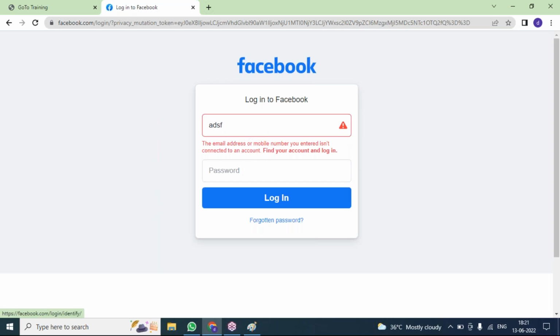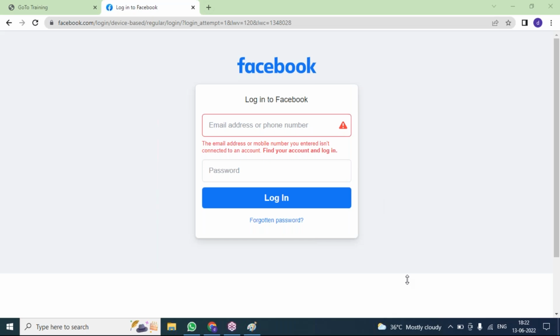If I enter any Gmail address at gmail.com, something like ASDF, and I submit it, I can see one more error. If I write a wrong email ID, I'll get an error. If I write a wrong format of email ID, I'll get an error. If I write a wrong username or password, I'll get an error. These all error messages are just because of